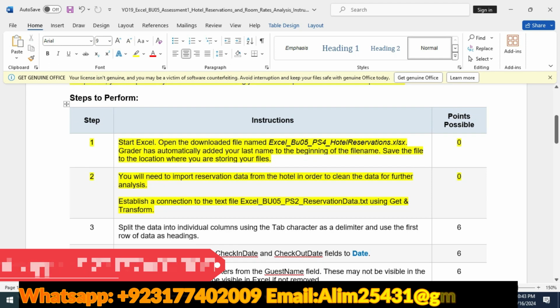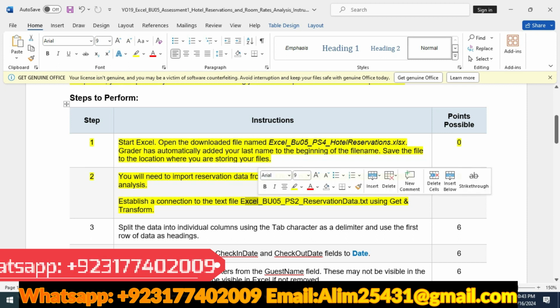You need to import reservation data from the hotel in order to clean the data for further analysis. So establish a connection to the text file Excel BU05 PS2 reservation data.txt. Use Get and Transform. This one file is given with this exercise. So you need to import this one